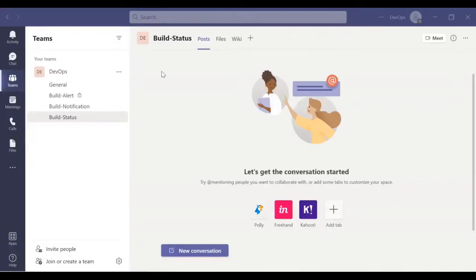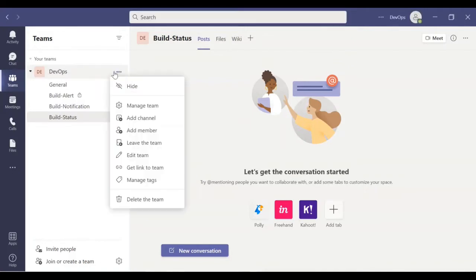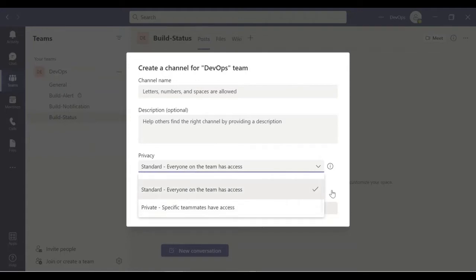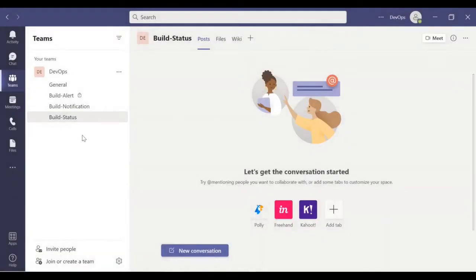So now I am under Teams, and you need to select the channel in which you want to trigger the notifications. If you don't know how to create channels, you need to select your project, and there is an option called add channels. In this way you can create your own channel, and you can also select your privacy. It means you can allow it as public, for each and every member, or keep it private. You can select it from here.